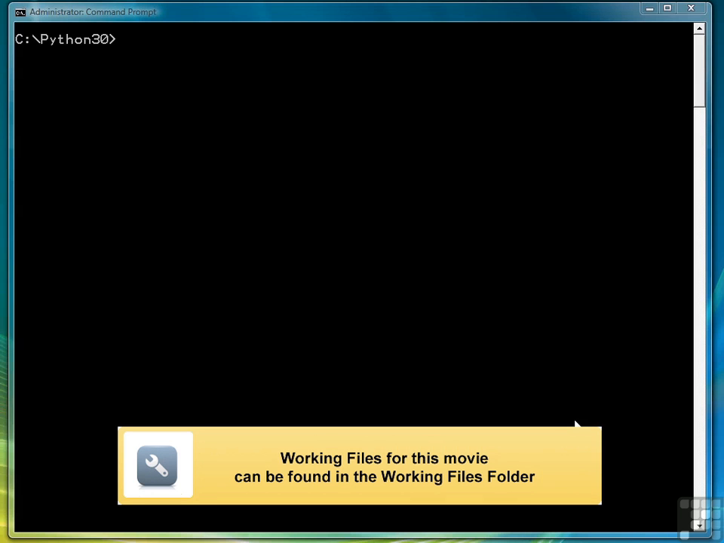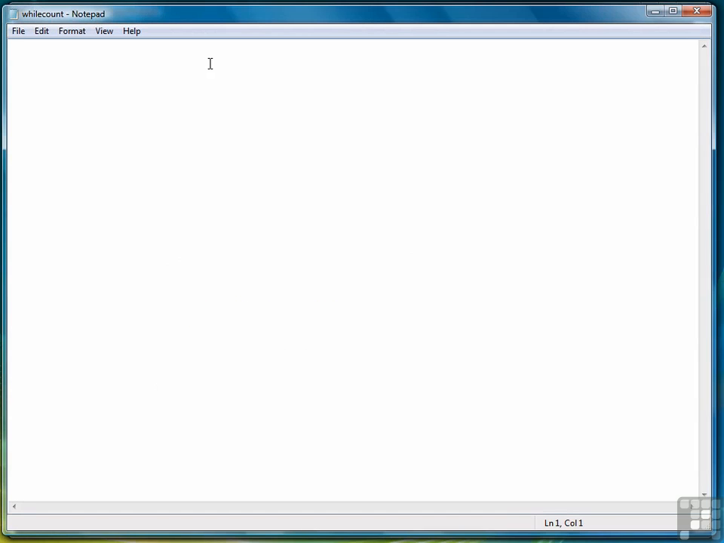In this lesson, we're going to look at the count-controlled while loop. And to demonstrate how the count-controlled while loop works, I'm going to provide two examples. So let's get started. We're going to call this program whilecount.py. So the first thing we're going to do is a very simple program that sums the first 10 integers,